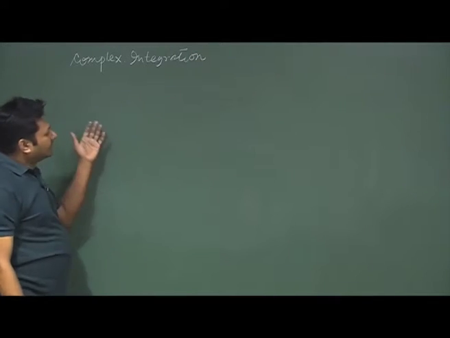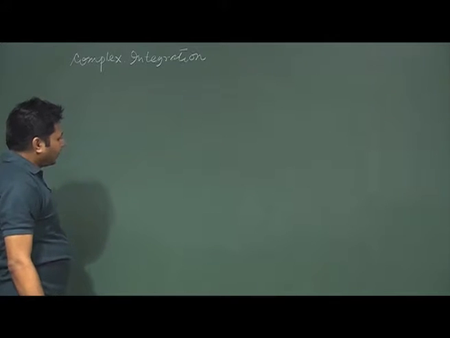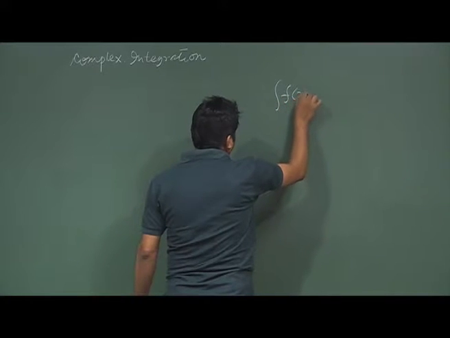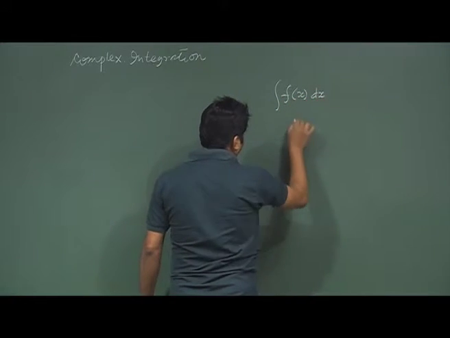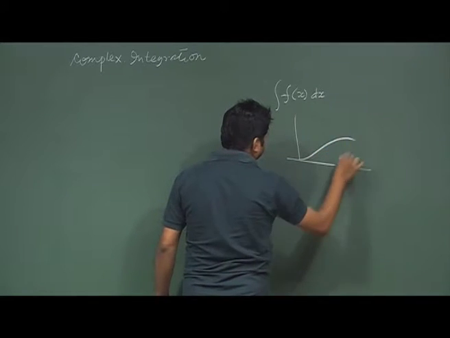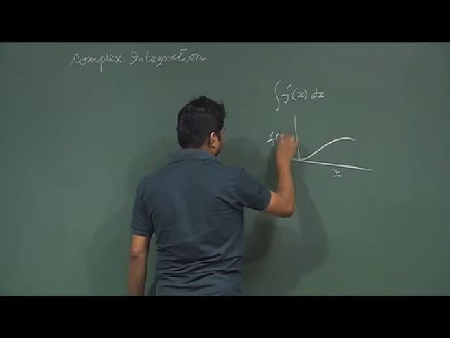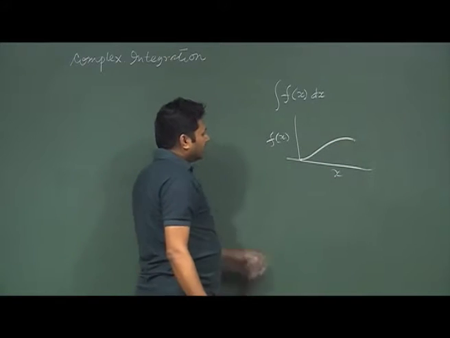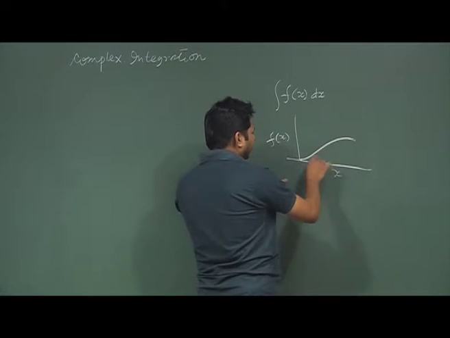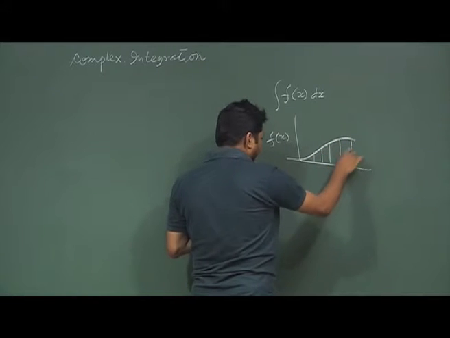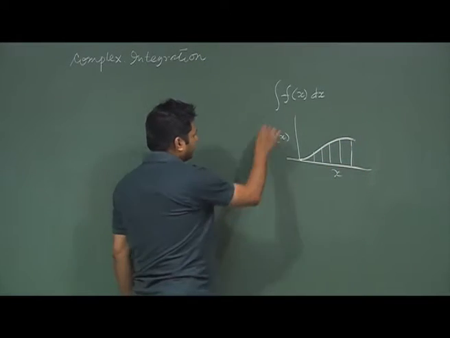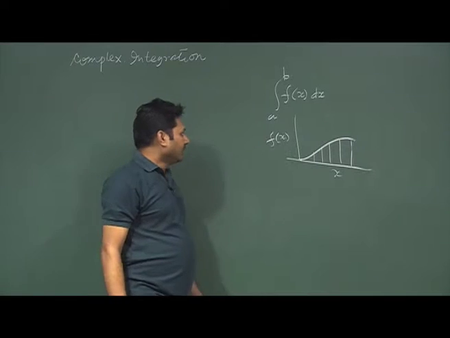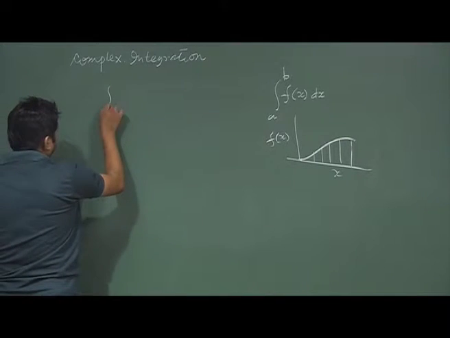Complex integration. So, normally what happens in normal integration, if we have a function f(x) in the real case, x is changing like this and this is my f(x). I will just calculate the area under this curve because it is changing, and every time I will calculate this quantity, and as a result, for some limit, say a to b, I am getting some value here. In the complex case also the things are similar.